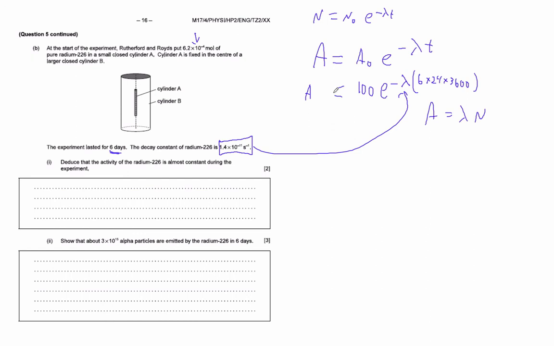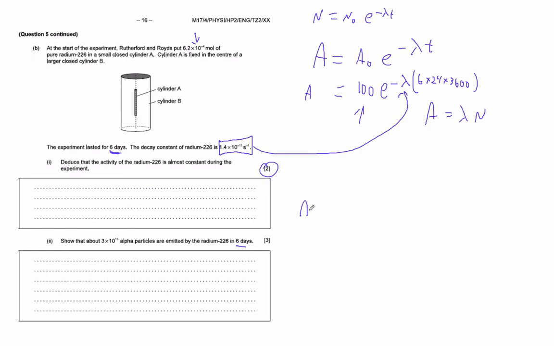The change is 1 part in 100,000. Okay, so it's relatively constant. Just do some calculation like that. Show that this number right there is really small, or almost the same. Okay. Show that about 3 times 10 to the 15th alpha particles are emitted by the radium-226 in these 6 days. Well, now that we've established that the activity is constant, we're going to figure out that